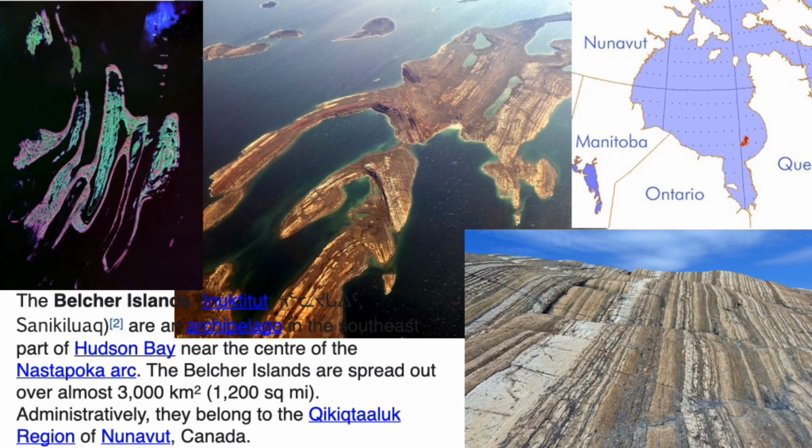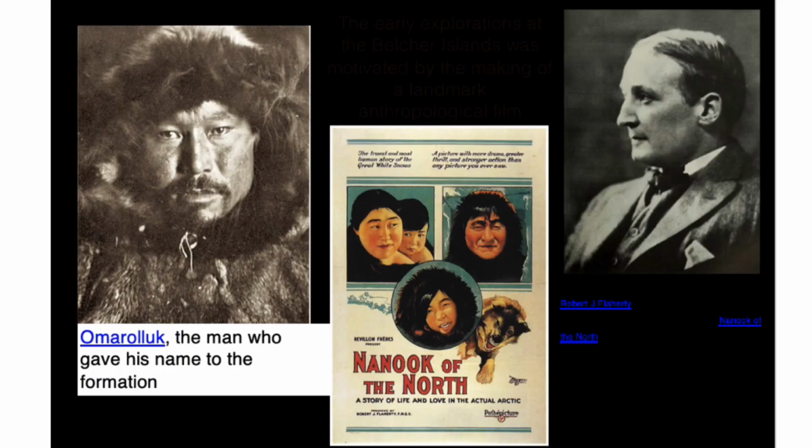formations that were basaltic greywackes, and like the formation where it was found. The formation is named after a man named Omar Look, and he worked with Flaherty on Nanook of the North, but he also built a reputation as a guide in the Belcher Islands and worked with geologists who flocked to the area to explore all those different layers of rocks and see what the geologic riches